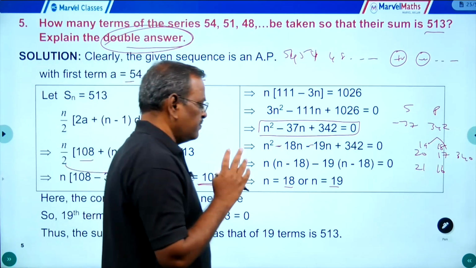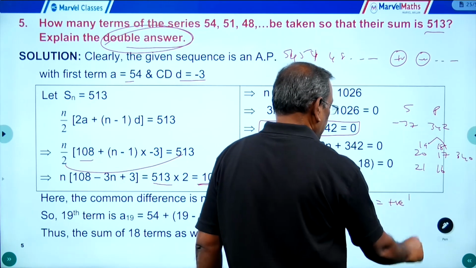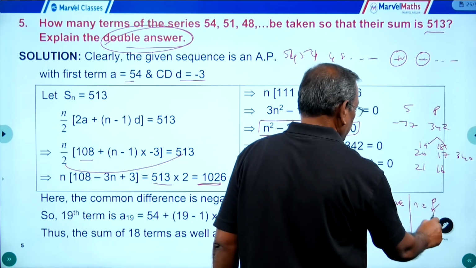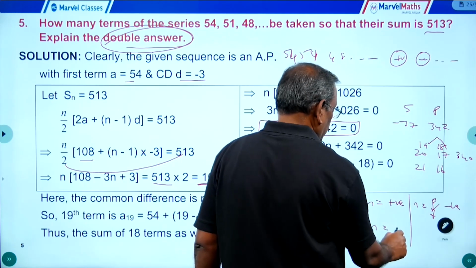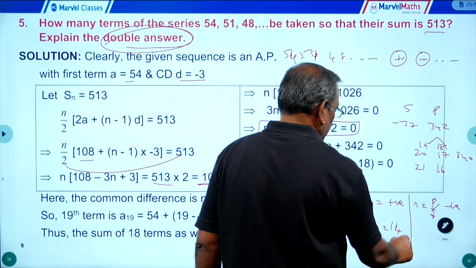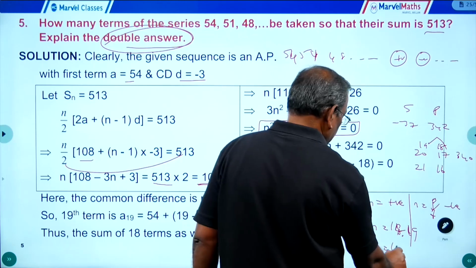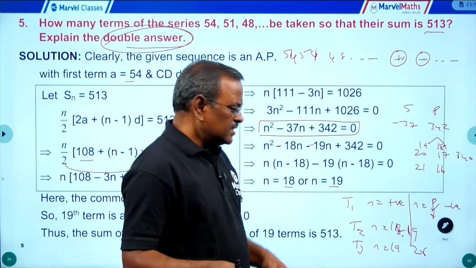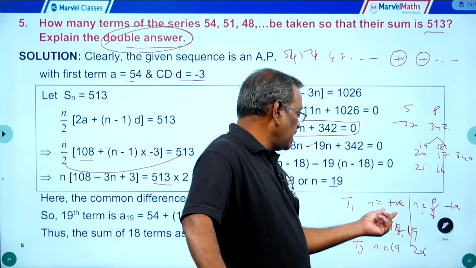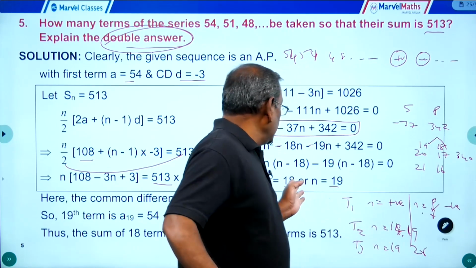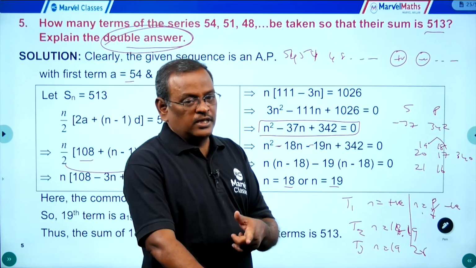I will explain 3 different cases. Type 1, n equal to a positive number and n equal to a fraction p by q or a negative number. So this is not possible. Type 2, n equal to consecutive integers, like 14 comma 15. So here 18 comma 19. Type 3, n equal to 19 and 26. This is a direct question. Number of terms cannot be a fraction as well as cannot be negative, and hence you have only one option. But in this case 18 and 19 are both positive numbers. You have to consider both the cases. You have to explain both the answers, and